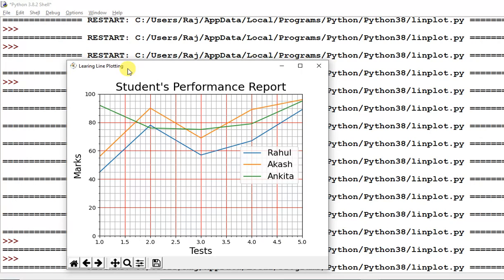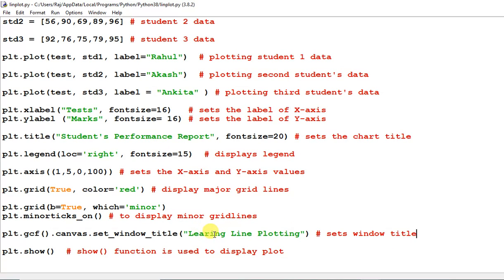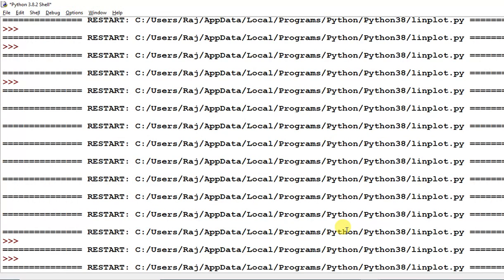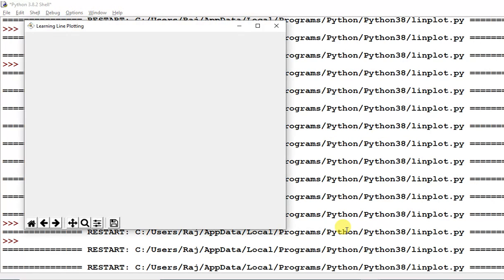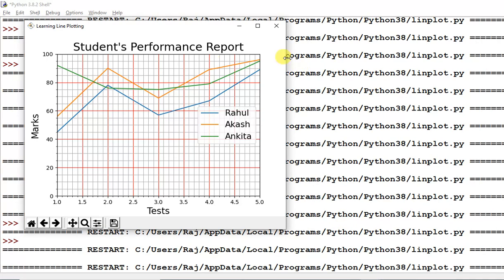That line sets the title of this window. Let me correct this, and then you can run the program. In this way we can change the window title with the help of that function.